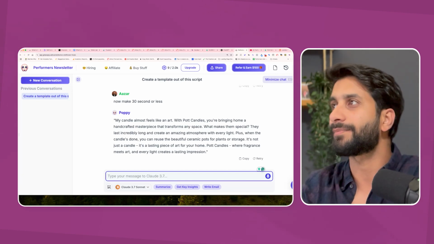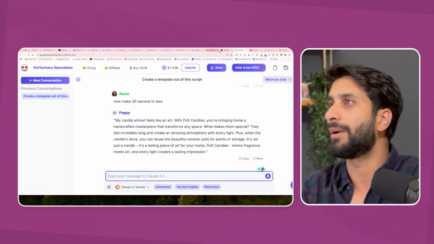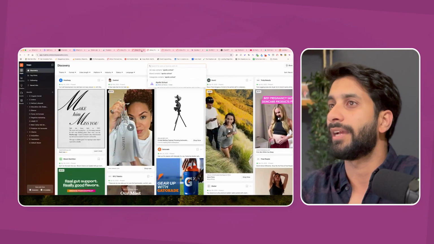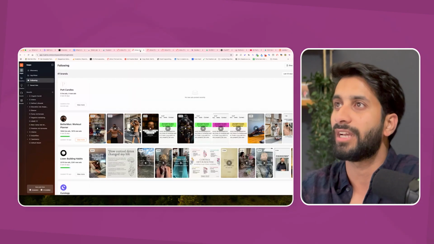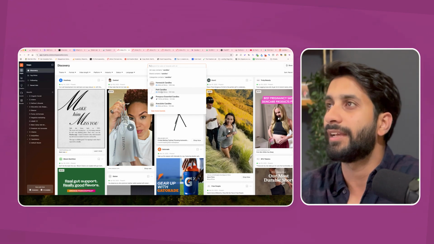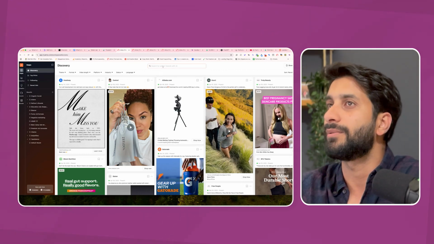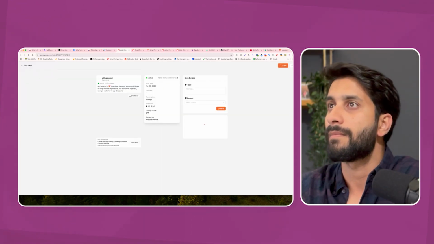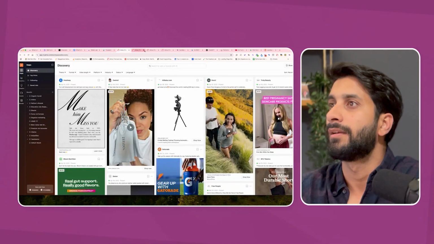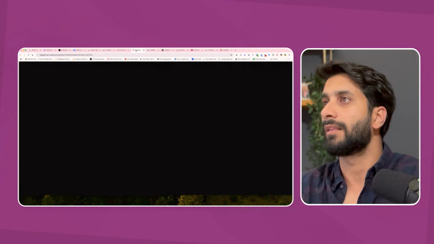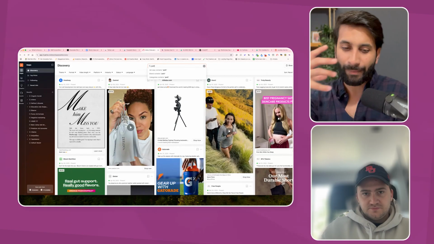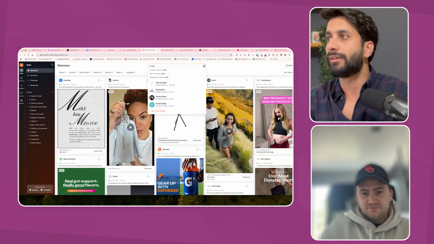Now, let's say what I already have right now, I'm going to go to an image, a candle image, right? Because everybody wants to see how you make the image. Pot candles. Let's see if they have already an ad that we can use. So we remove these. What I want to do is, because it feels like an art, what's the image that comes to your head when you think about art?